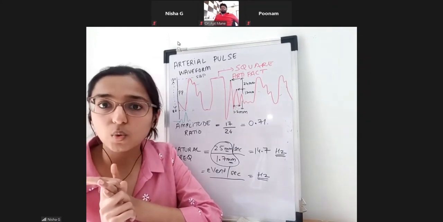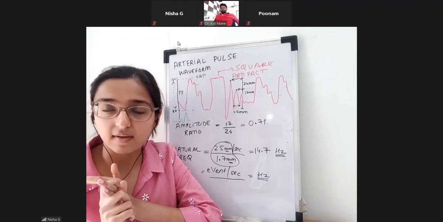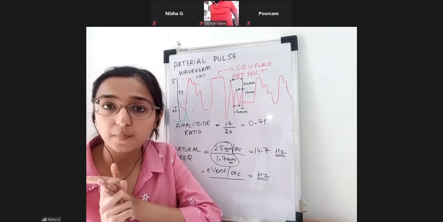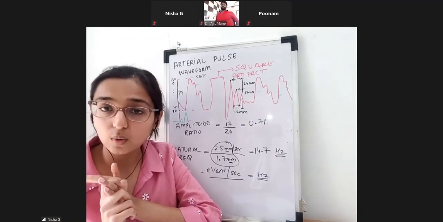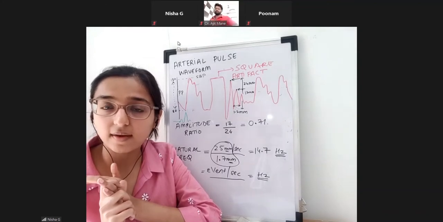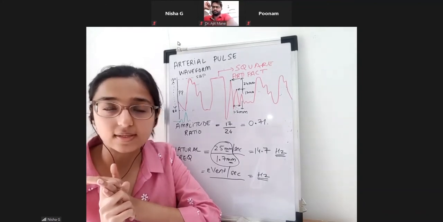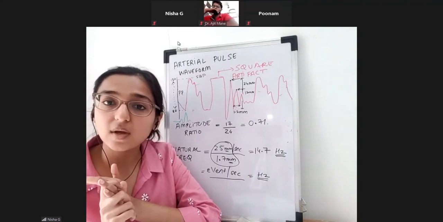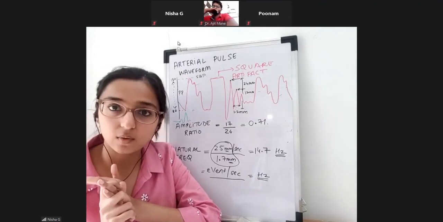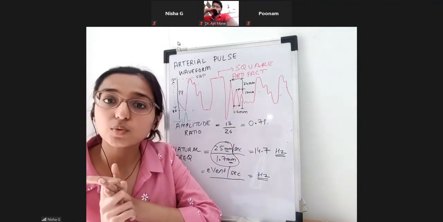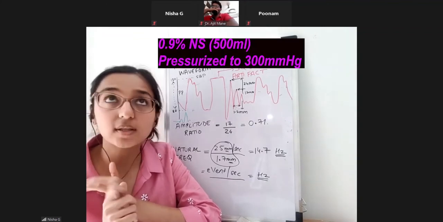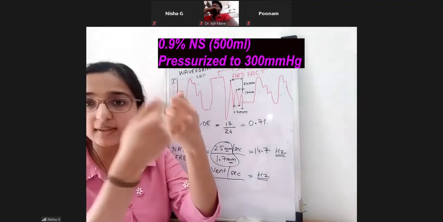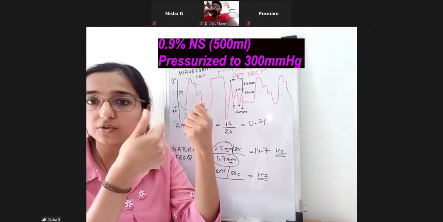You know that if blood collects anywhere, it can cause a thrombus, it can cause occlusion, right? Do we want the blood to get stagnant over there? No, right? We don't want the blood to get stagnant. So that's why we always need continuous flushing. So that pressurized bag, which you will pressurize: the NS pint is on the IV stand, you have covered it with that pressure bag, and you have inflated it to 300.